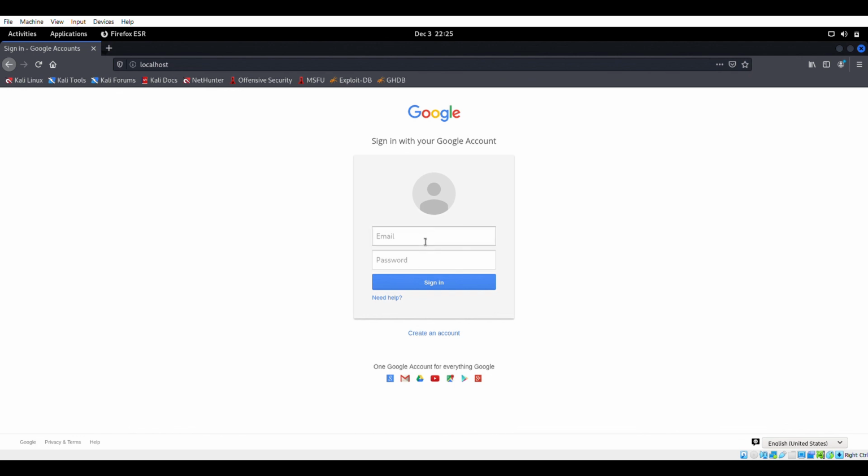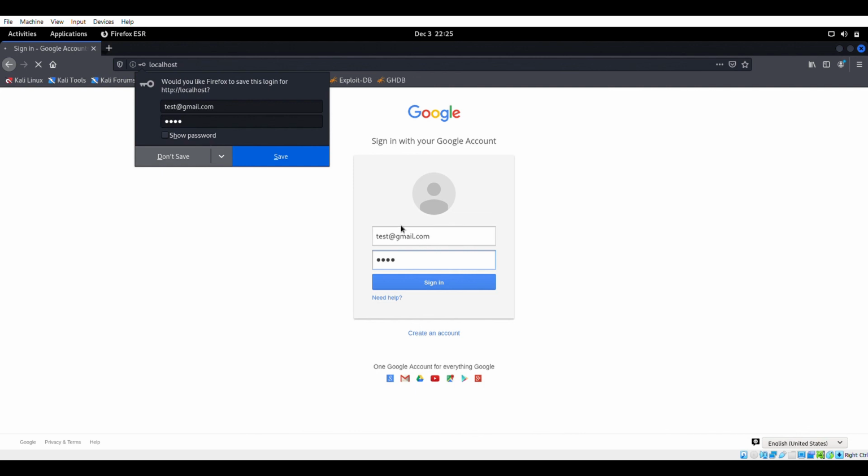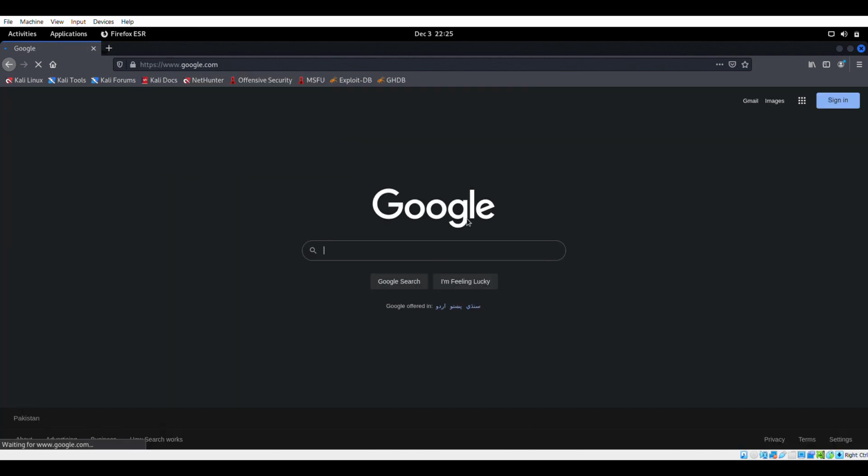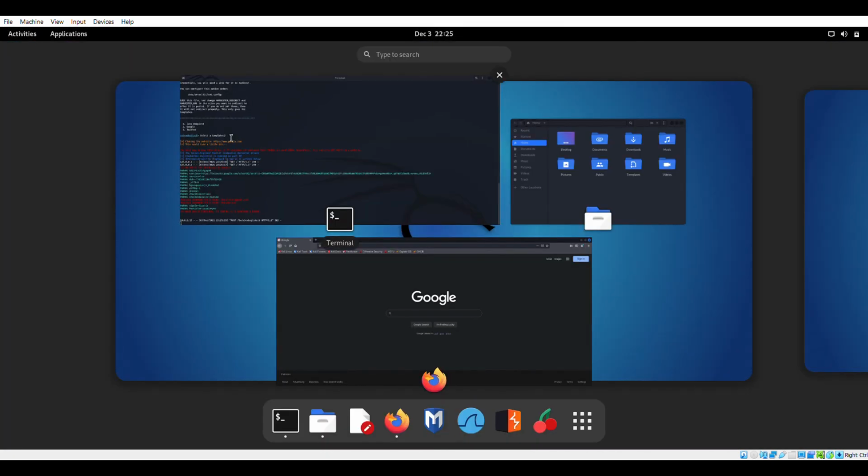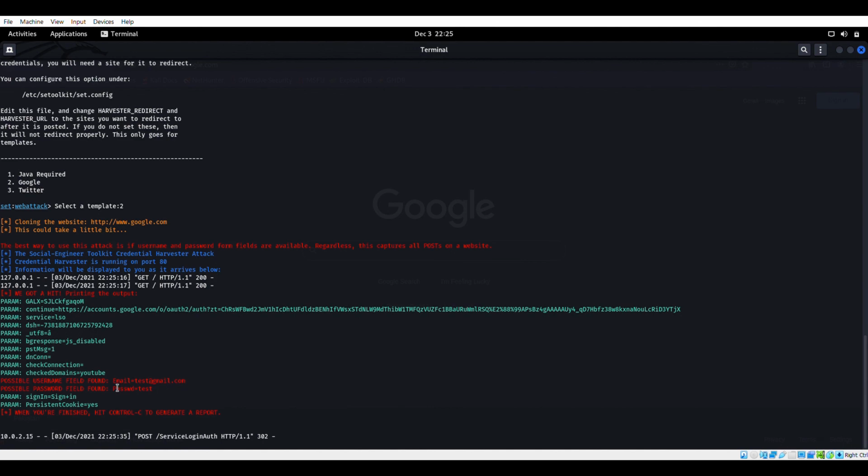So I will enter the test credentials. These credentials will be posted back to our tool, or the IP address which we specified during setup of the tool. So here are the credentials the user has entered. So this is how easily a phishing attack can be performed.